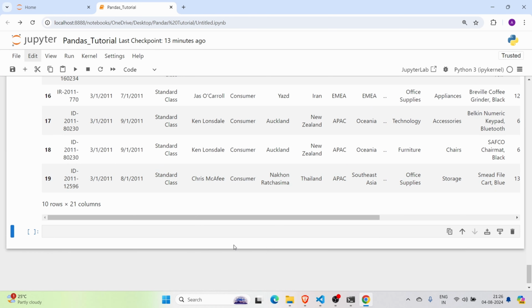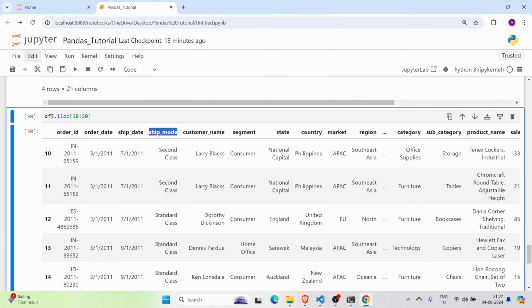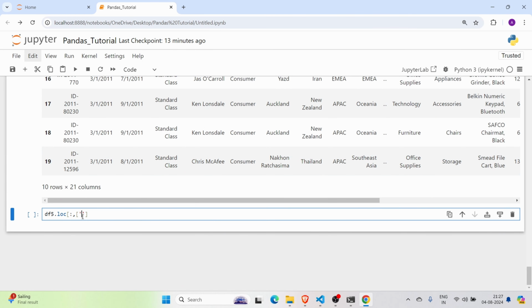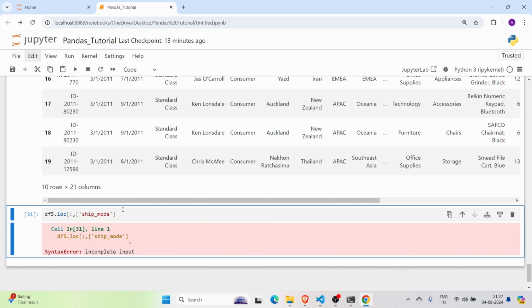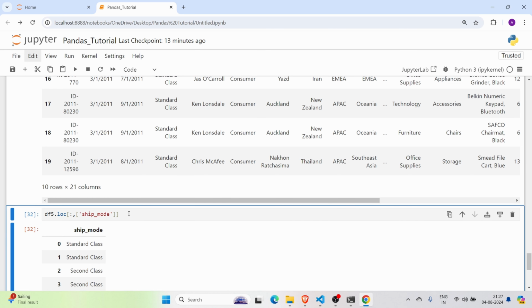Now we are coming to the columns, how to select a column. So for selecting columns, what you need to do is df dot loc, and then we put the colon, and we need to put the column name here. Okay, so the column name, if I put here, so this is ship mode and ship mode. Now you see, okay, sorry, we have not closed. So ship mode,